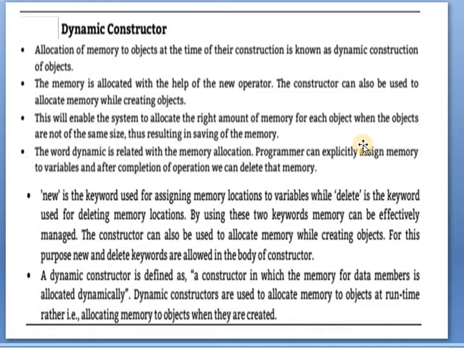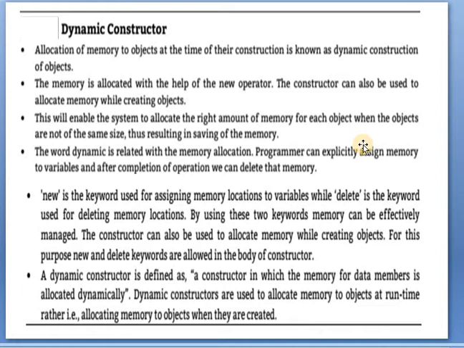So we have studied already the 2 memory management operators, that is new and delete. The new operator is used to assign the memory for the variables, and delete is the operator which is used to delete the memory location. By using these 2 keywords, memory can be effectively managed. The constructor can also be used to allocate memory while creating objects. For this purpose, new and delete keywords are allowed in the body of the constructor. So when we define a constructor, in the body of the constructor we write the new and delete operators,